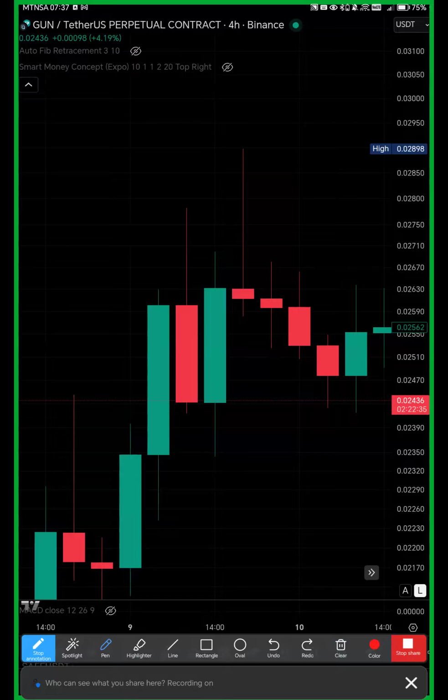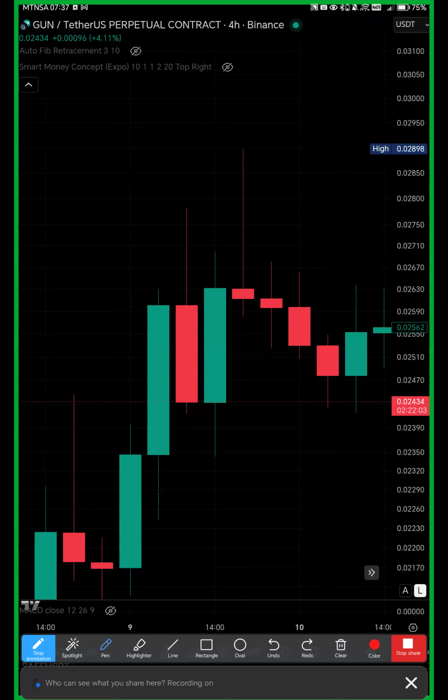So this is how high it went. This is how low it went. It opened here. Okay. No, it didn't open there. I'm making a mistake now. It opened here. It closed here. Yes, I made a mistake there. It opened here and it closed here. It went high up here. It went low to this level.